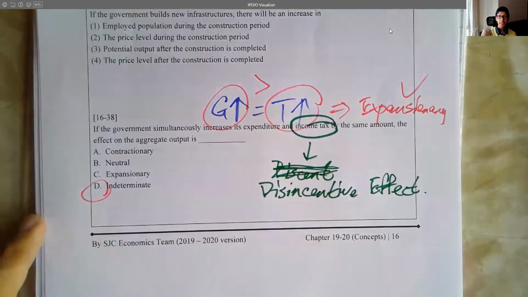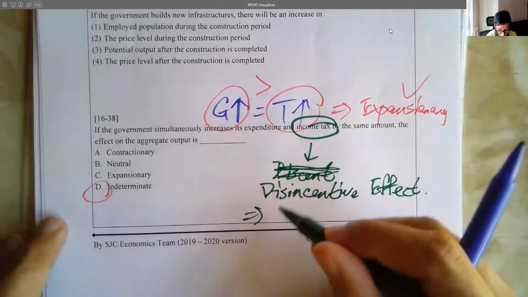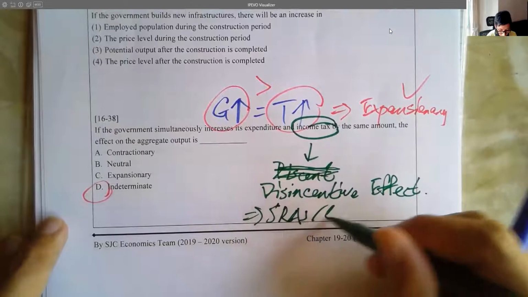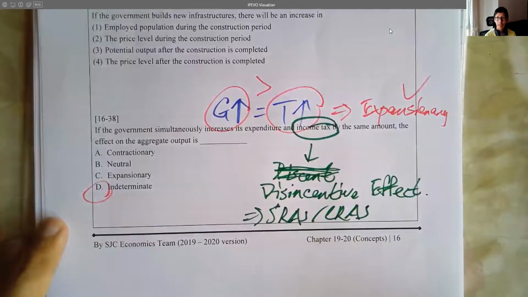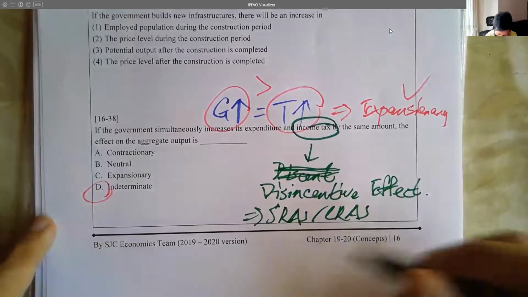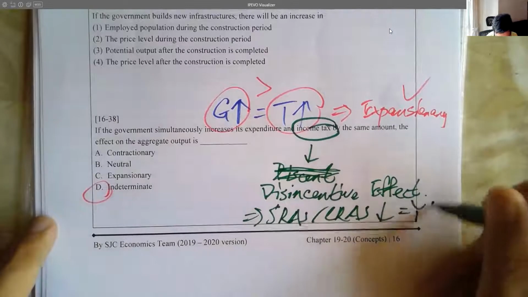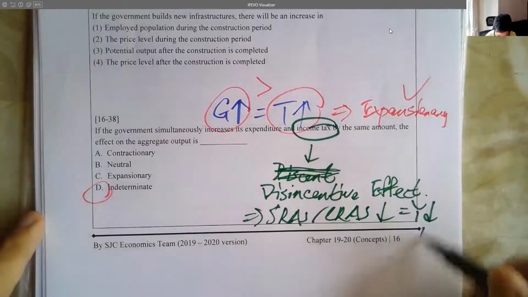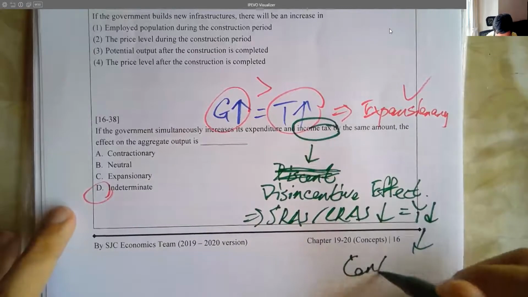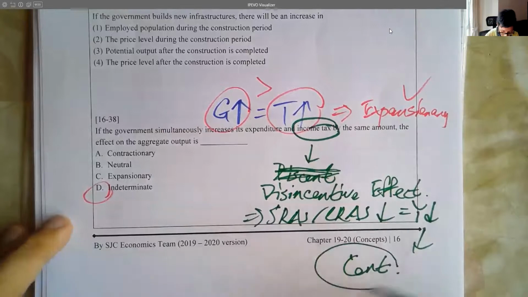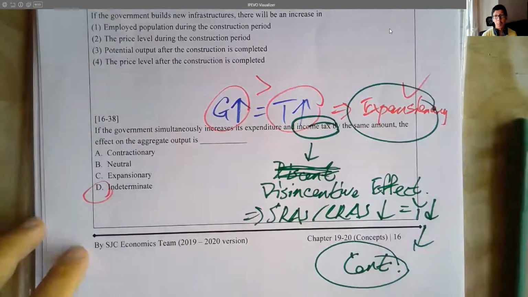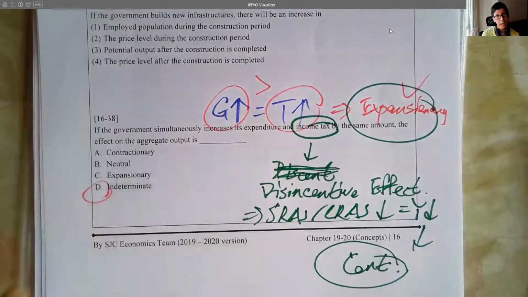係嘛？原來會出現 disincentive effect. Now, therefore, our SRAS or LRAS, okay, SRAS or LRAS may go down, meaning Y would be reduced. Here, this is what we call a contractionary effect. So we have contractionary, we have expansionary. What is the answer? The answer should be indeterminate. 其實我哋決定唔到啊，因為有升有跌啦。